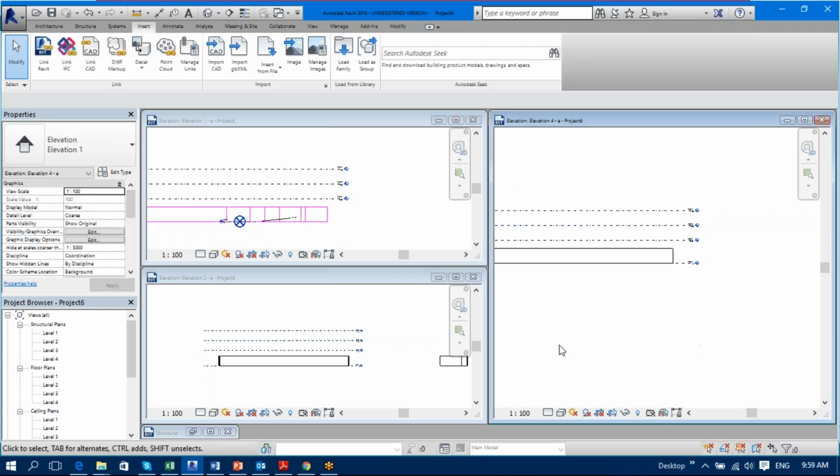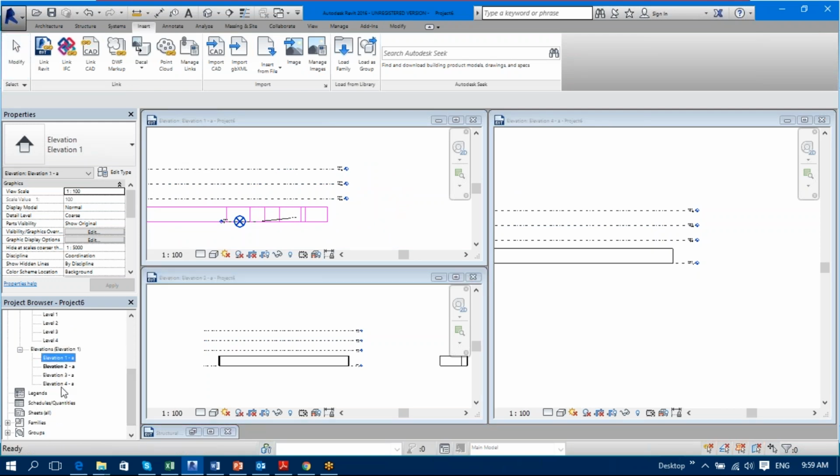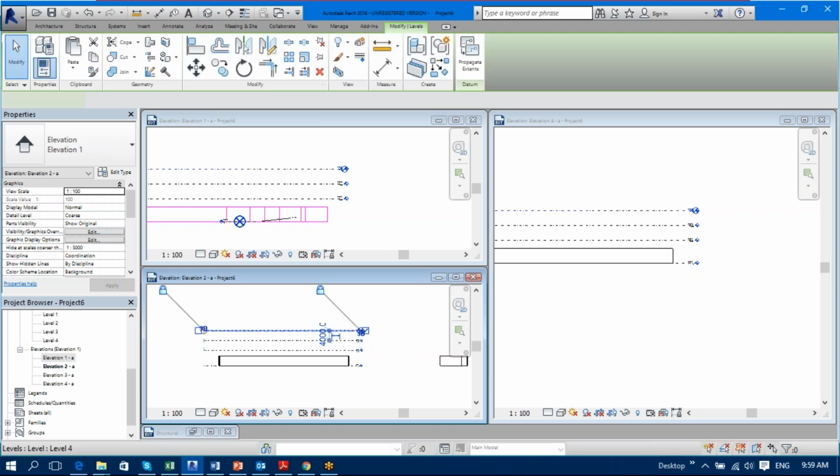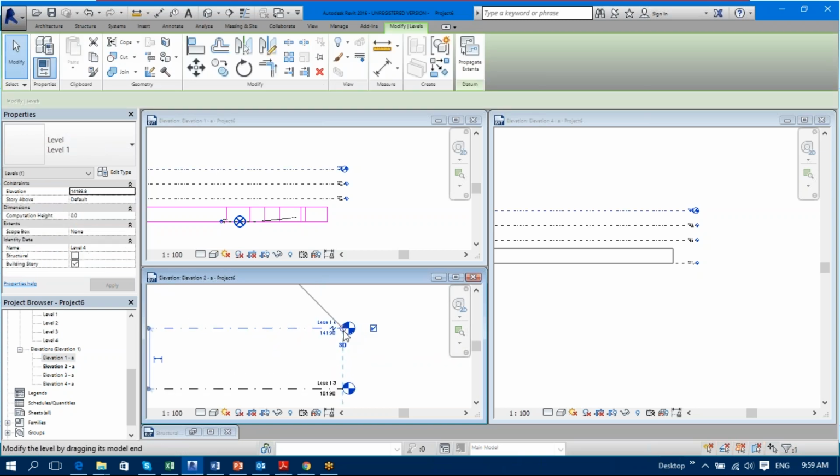Now see, this is elevation 2A. If you go down the sides, elevation 2A and 4A would be opposite to each other, and 1A and 3A would be opposite to each other. So this would be like north and south, and this would be east and west. So you always see bidirectional associativity with elevation 1 and elevation 3, and elevation 2 and elevation 4. So what we are going to do is, if I'm going to change this part and I say,